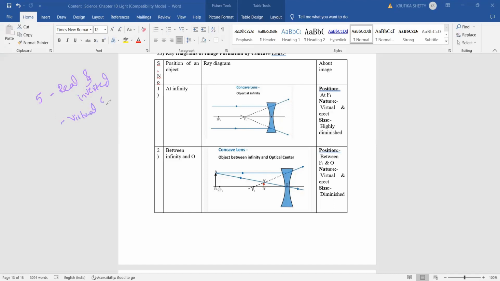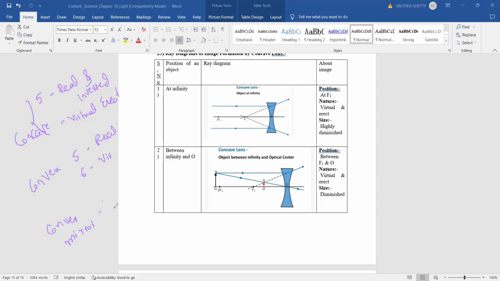The virtual and erect image. Then in case of convex lens, this is for the concave mirror. Next, the convex lens repeats. For the first 5 cases, the image is real and inverted, and for the 6th case, it is virtual and erect. Next, convex mirror. In the convex mirror,